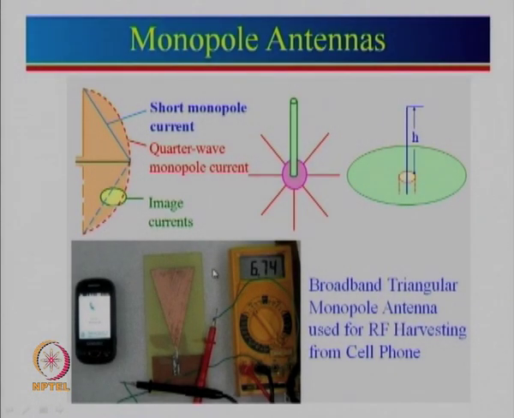So, here we have designed a broadband monopole antenna, and this one here is a RF harvesting circuit. So, what you can see here, that when this mobile phone makes a call, the antenna is placed at a certain distance, and the DC voltage which is generated over here is connected to the multimeter. You will be shocked to see that it actually generates about 6.7 volt. So, imagine what a mobile phone can do. It can actually generate such a high voltage. Okay. In fact, this voltage can be used even to charge a battery. So, it is a perfect example for RF harvesting application.